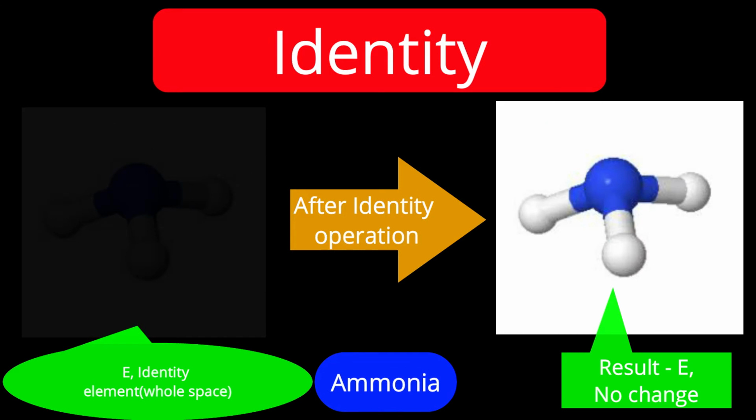See here, another example, ammonia molecule. Identity element is shown here by the shaded portion. And after identity operation, we will get this result. What is the change? No change. What does it mean? Identity operation. Yes, that I wanted to say. There is no change, but representation should be clear. Therefore, these two examples are given. Similarly, for other molecules, you can apply identity as a collection of points. That point is not clearly covered elsewhere, therefore I am mentioning it.